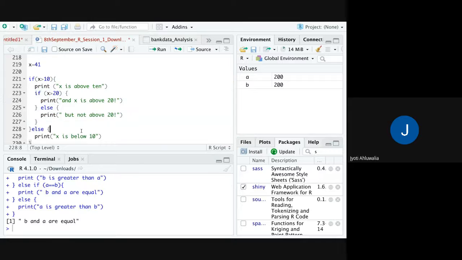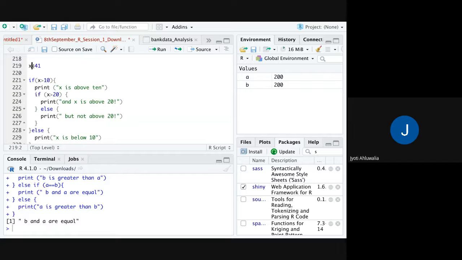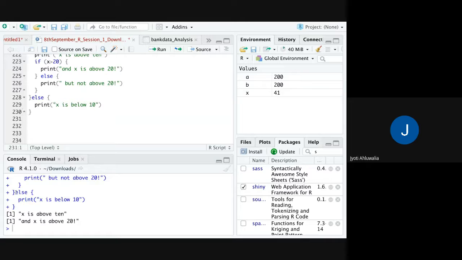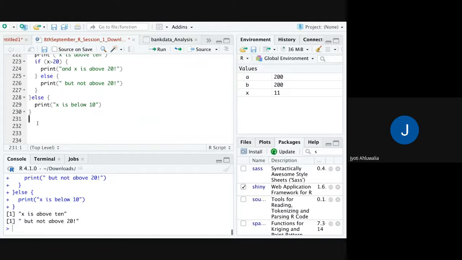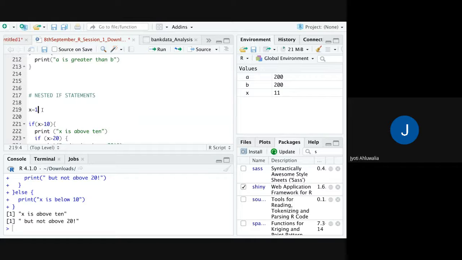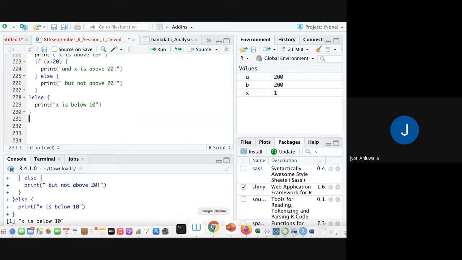You have to be careful wherever your curly brackets are going. Let's run this: X is above 10 and X is above 20. Suppose X is 11, then it will say X is above 10 but not above 20. And if I say 1, X is below 10. So this is an example of nested if else.